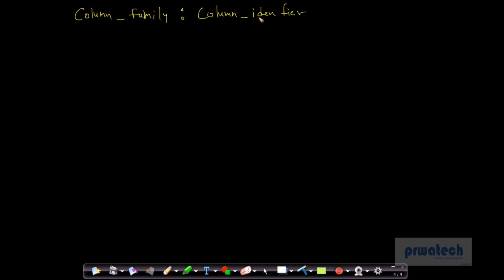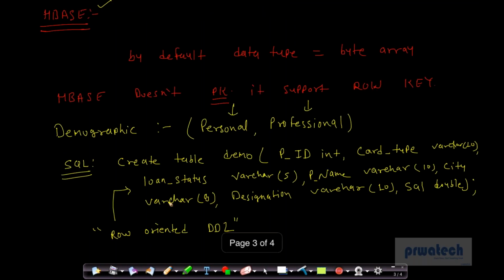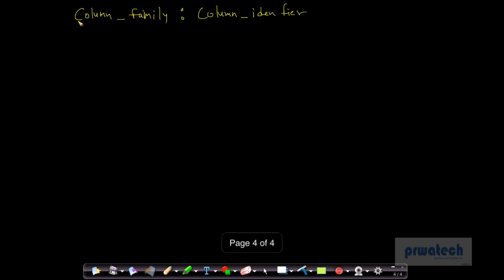So for now you can remember this syntax. I'll try to fit this syntax with my data set. Column family and column identifier. So column identifier is a part of column family. The best part I like in HBase, ever since I'm using it, is that at runtime I can define my columns. In SQL, that option is not given to us. We cannot define any column at runtime. But here, in NoSQL, I can define my columns at runtime also and write the value,